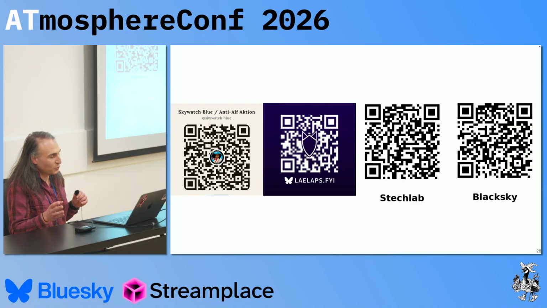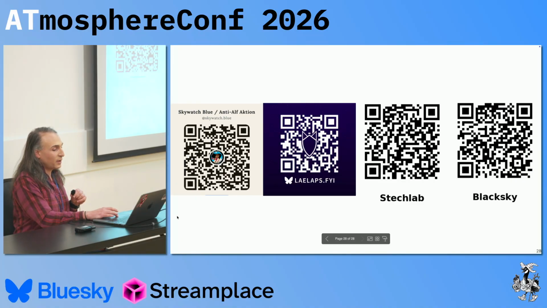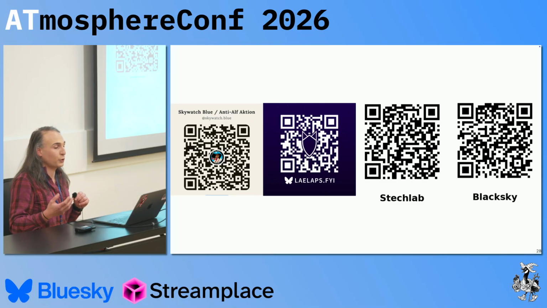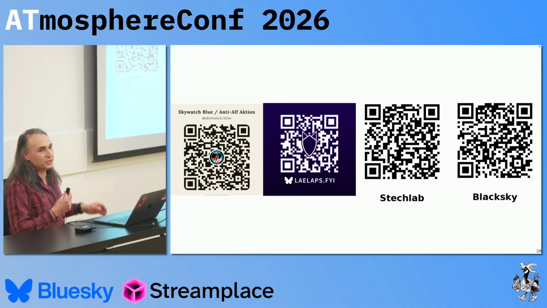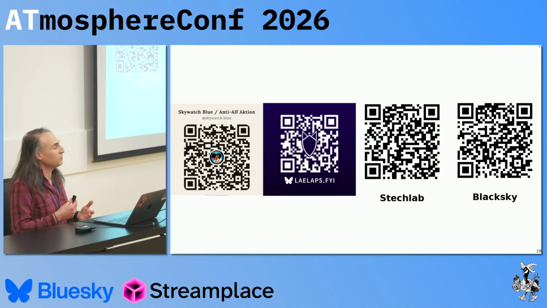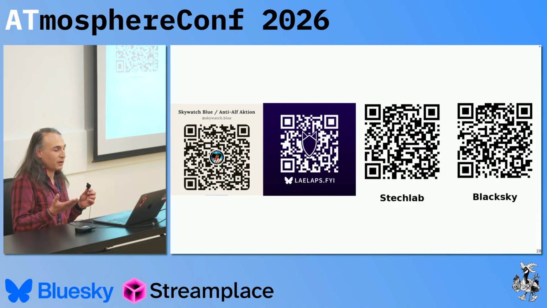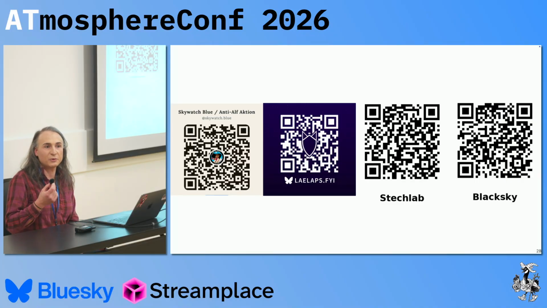And then I do want to finish on the note that I do think labelers are important. I think that they're incredibly useful. I think we have the opportunity to shape the spaces that we are sort of inhabiting for good. And so even though this talk has had pessimistic notes, I want to end on the note that you should check out some of these labelers. Skywatch is there, of course, but Lilabs, Stash Lab, and Black Sky are also labelers that I use, I find valuable, and I hope you do too. I think we are probably just at time, so I don't want to run over, but if there are any questions, I'm happy to hang out for a little bit and answer them.